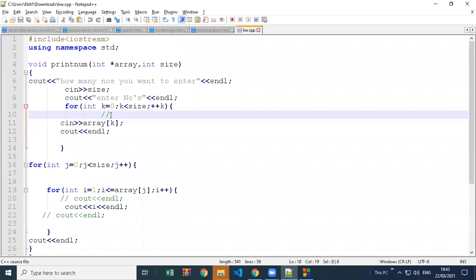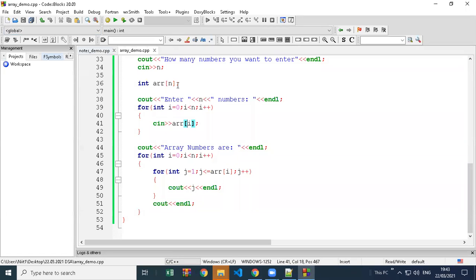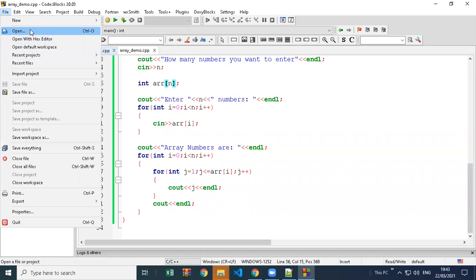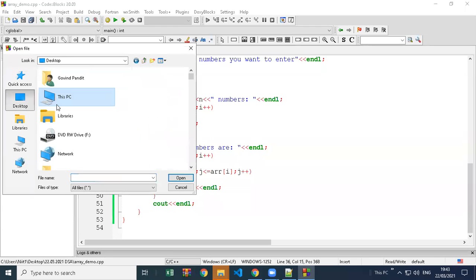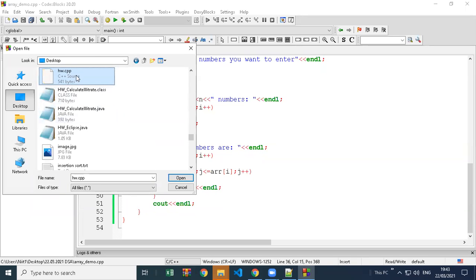Have you executed this code? Yes, sir. So is it working, meaning it's giving the correct output? Yes. So on the desktop we have the HW file name.